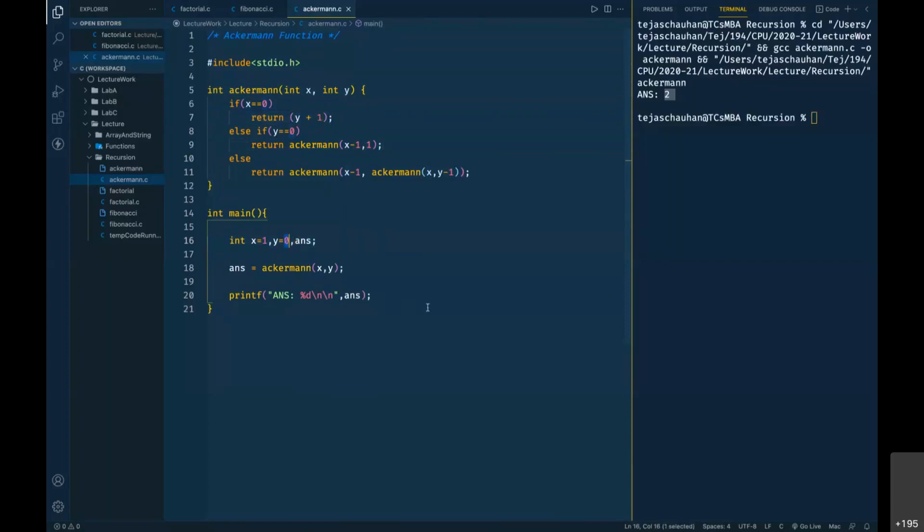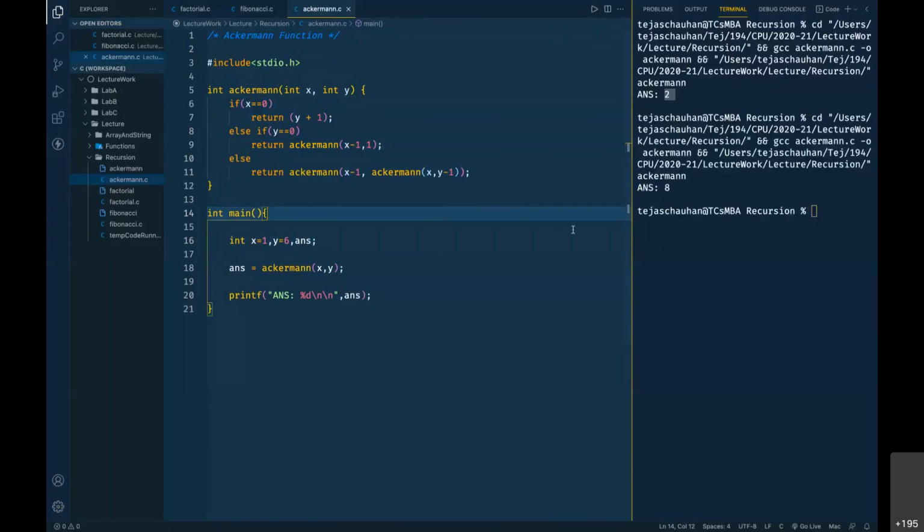Now if I make y equals to 6, still my answer is going to be based on one recursion only. Remember, sorry, multiple recursions, because y is not 0 now. Y is not 0 now, so वो else में जाएगा and it is going to make this call. If your y is not 0, if your x is also not 0, then it is going to be this case.